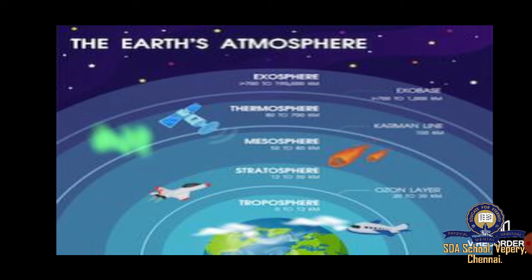Then we have, the atmosphere is a mixture of colorless, odorless and tasteless gases. Page number 11 we have this. And then it is composed of gases. What are the gases? Water vapor, dust particles and smoke. And the composition of air, what is the percentage of the gases? That is nitrogen 78%, oxygen 21% and other gases 1%.